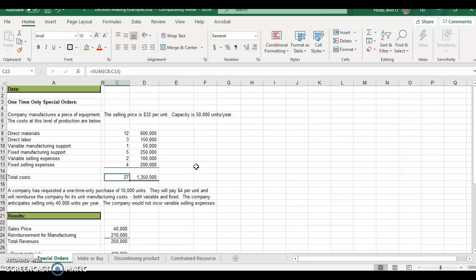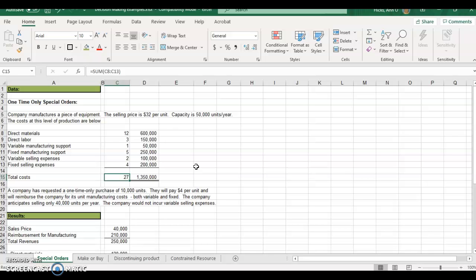Now, what has happened is that another company has requested a one-time only purchase of 10,000 units. They will pay $4 per unit plus the per unit manufacturing costs, variable and fixed. So essentially, the cost is being determined by how much it cost plus $4. We're anticipating that we'll only sell 40,000 units this year